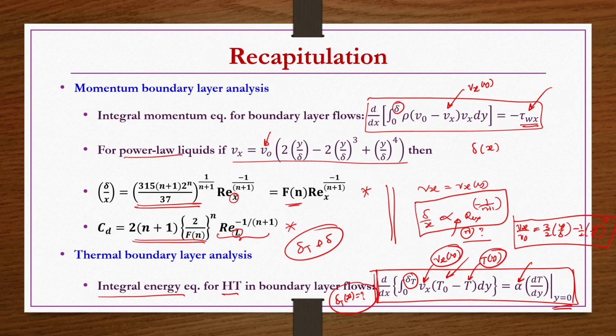This Vx as a function of y we have already seen in the previous lecture, how to get it. The temperature profile also we try to obtain in a similar way, by assuming a third degree polynomial for the temperature distribution, then find out those constants. Then substituting them here and finally simplifying to get delta T as a function of x. But this is going to be much more complicated than what we did for delta, the momentum boundary layer thickness, in the previous lecture. The derivation is very lengthy as well as complicated, so we have to be very careful.